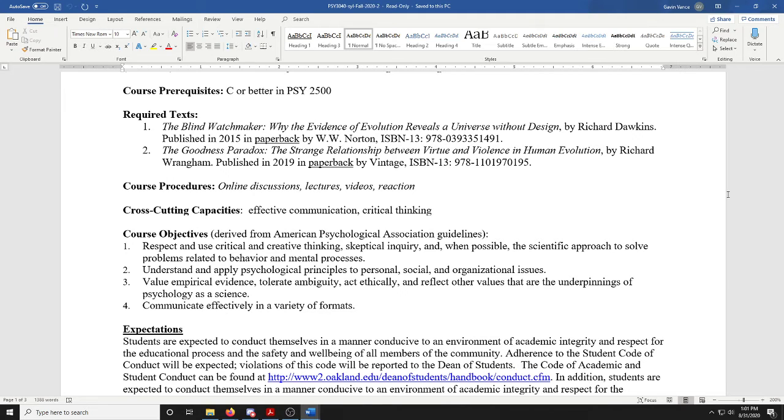If you look at, I'm looking at the first page of the syllabus here. So there are the two textbooks, the required texts. Both are available in paperback. Both you can get used in paperback. Okay, this is recorded, but I'm sure the university wouldn't appreciate me saying that you can get these books cheaper than at the bookstore. But you can.